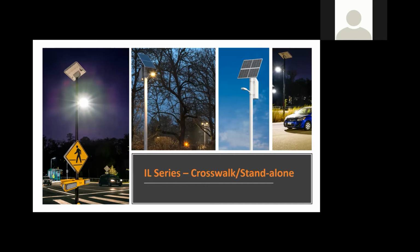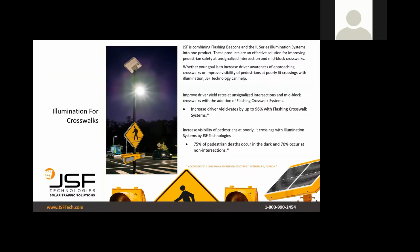So, this is a new product for us. What we're effectively doing is we're combining area lighting or floodlighting to our existing crosswalk systems. And if you have applications as well where you might have a standalone parking lot or a pathway that has nothing necessarily to do with the traffic application, you're simply looking for floodlighting, that's where these systems come into play. So starting with the